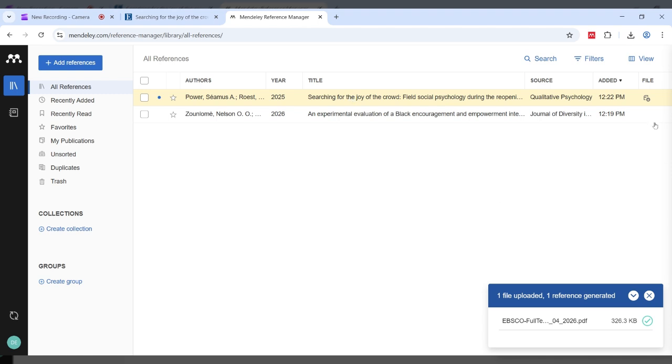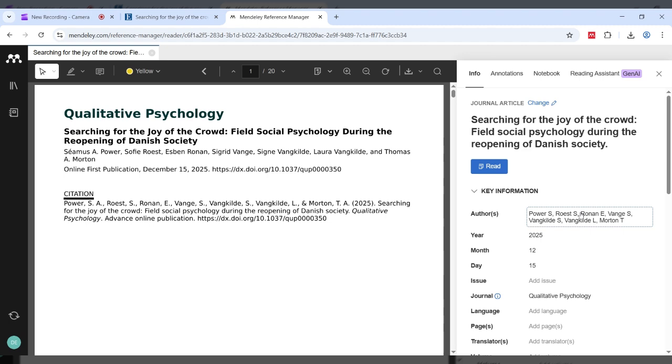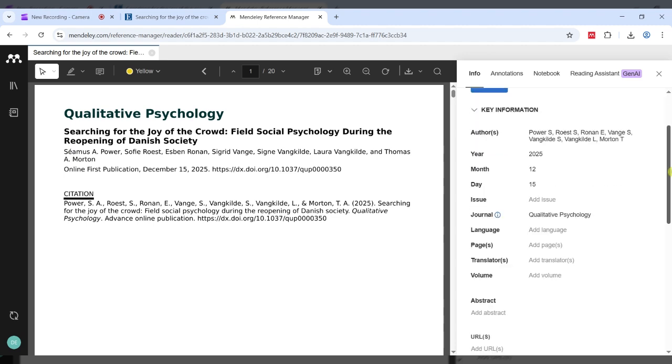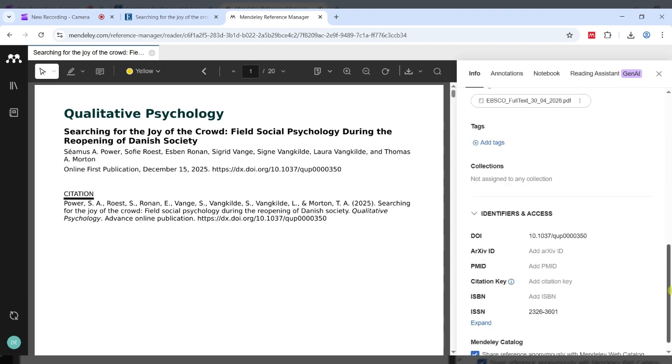And this time there's a file attached at the end. So the first one we added in didn't have the file, this now has the PDF. And we didn't get the option to edit any details, so if there is anything you need to change, and this goes for any sources you add to Mendeley, you can always double click on it. And this one will actually load the PDF. And then on the right hand side, you have all the information. So if you see any mistakes with the metadata, or you think there's something missing, maybe a URL or anything that you need to add in, you can add it in here.